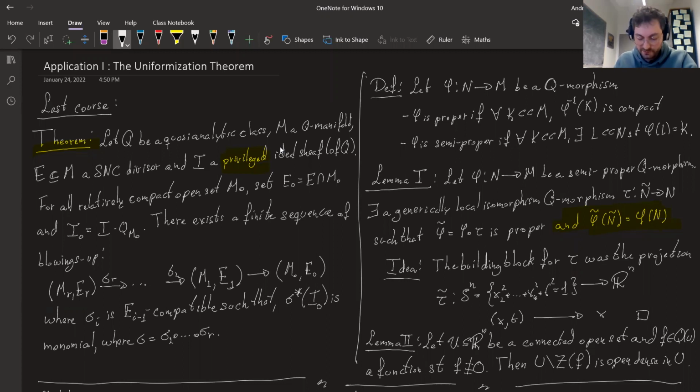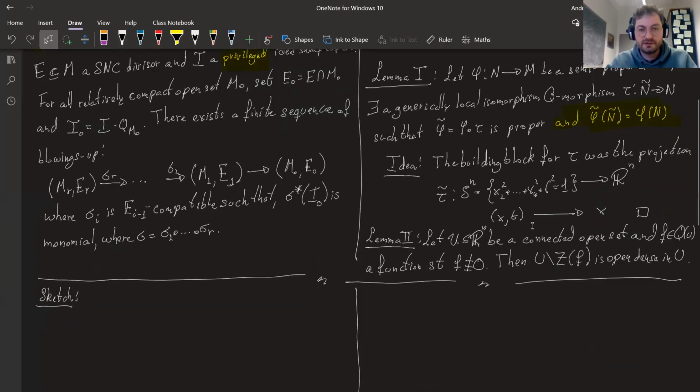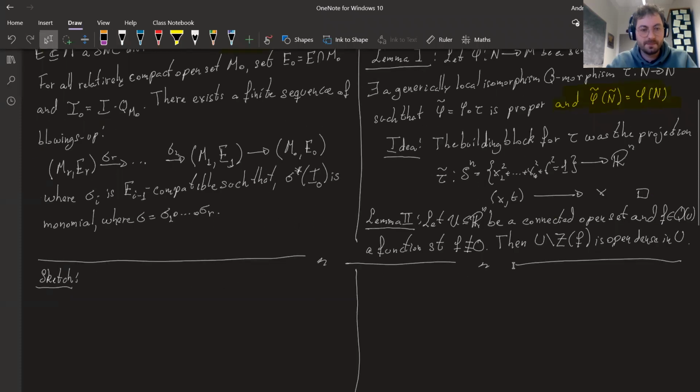And today I want to do a second lemma, a very short one, before stating the main result of today, the main result whose proof we're actually going to discuss, which is the uniformization theorem. We're going to start with the uniformization theorem, which is a parameterization theorem for sets. Okay, so this was kind of the recalling of last time.